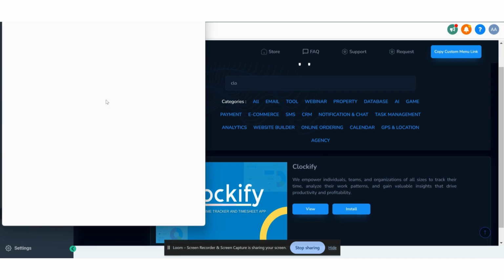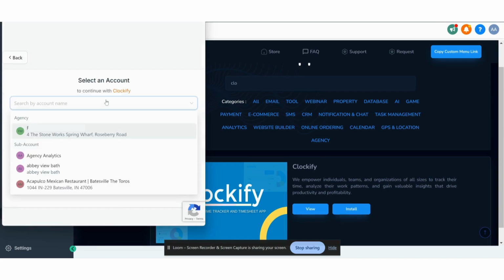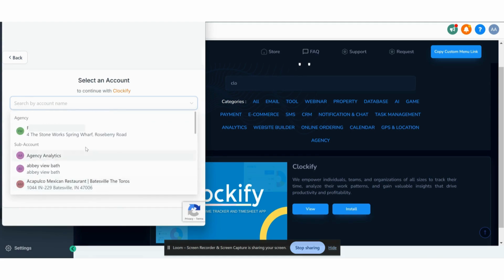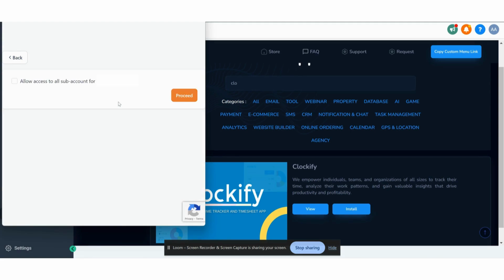If you want to install on all the locations, then install it at the agency level. Otherwise, you can also select a location where you want to install it. In our case, we are going to install it in all the locations. So I proceed. Wait a few seconds, then you get a message that the app is installed successfully,